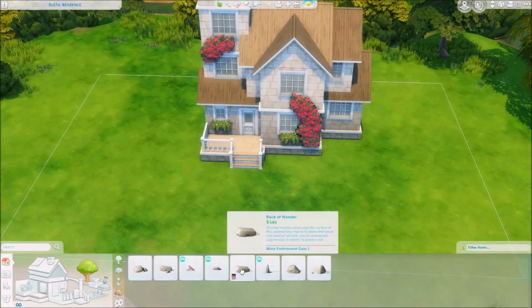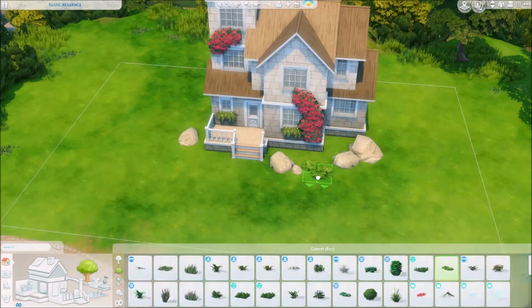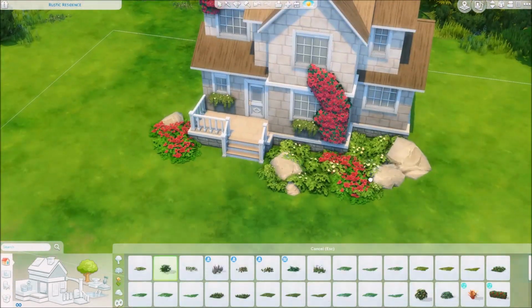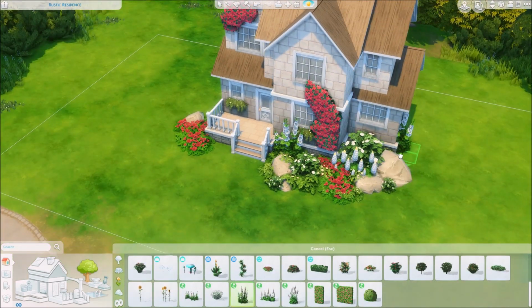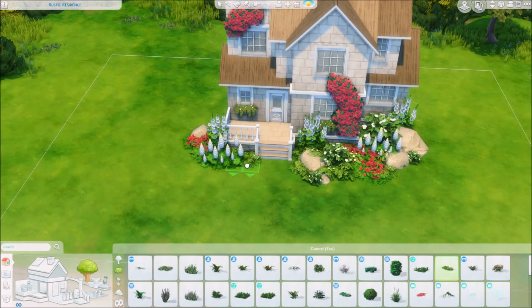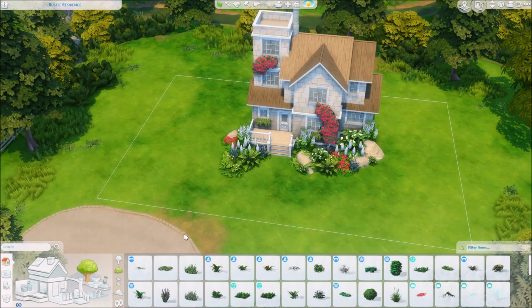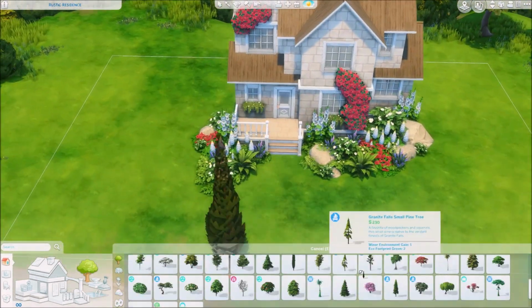I was very satisfied with how this build turned out. I think that it looks very cute, and it really reminds me of English cottages, and I really like that. I'm super excited about how cute it looks. And once again, I decided to go kind of crazy with the landscaping,